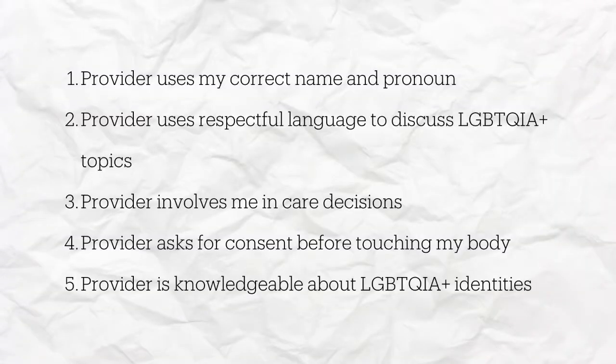One of the things that we investigated in this research were student priorities for mental health, primary care, and sexual and reproductive health. We had a list of 23 different factors that we know can be priorities for people, and we asked students to choose up to 5 top priorities. What's really remarkable is that being called by the correct name and pronoun was the single highest priority for trans students. Out of all 23 of those options, about 2/3 of trans students put it in their top 5 for primary care, and over 90% of students put it in their top 5 for mental health.